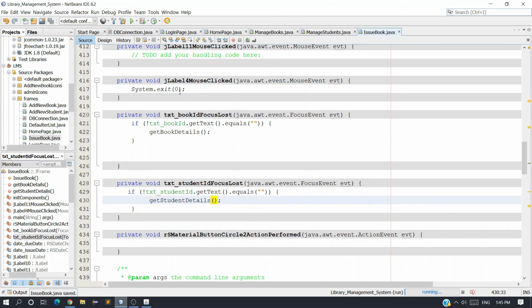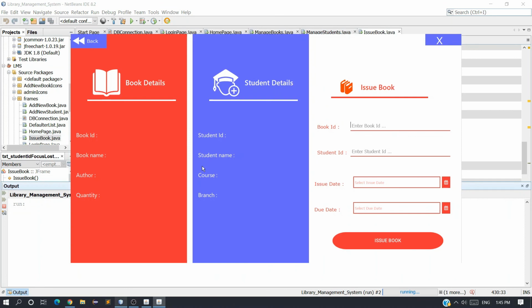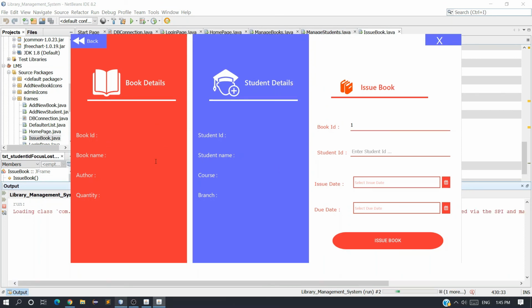Okay, perfect. Now let me run. Let's enter book id 1, we got our book details, student id 1, and we got our student details also. So we have successfully completed the first step.